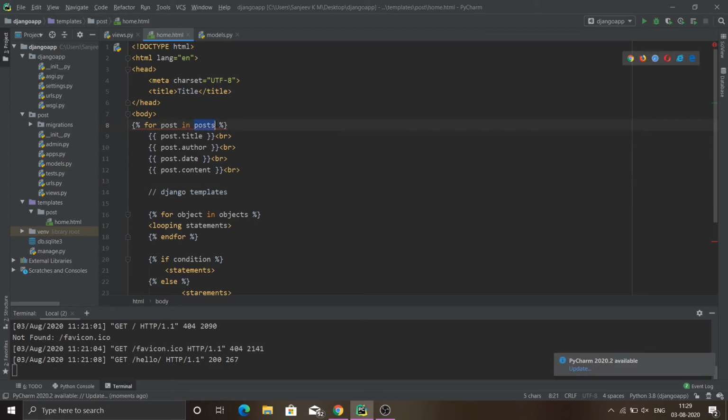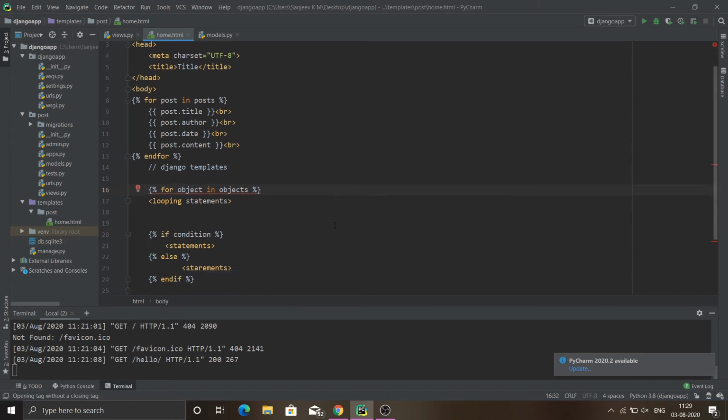From the posts array we are getting a single post under each iteration, and we could display each post title, author, date and content. We can end our loop. So this will work perfectly fine, and it will fetch all the data from our post model, and it will push those to our front end.